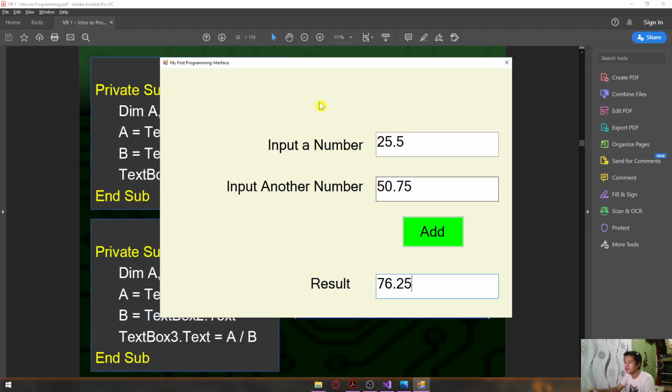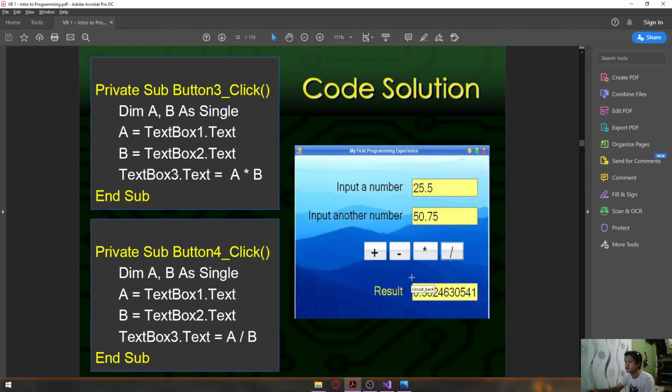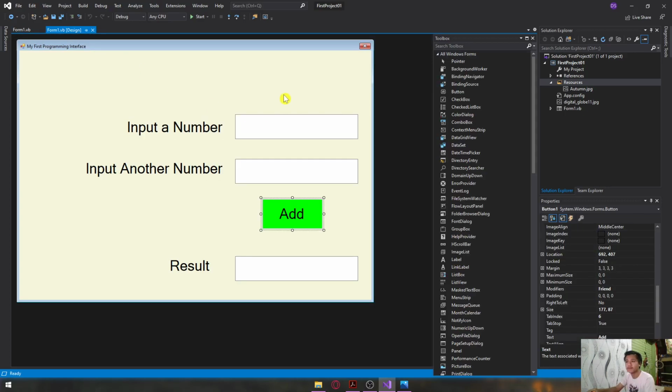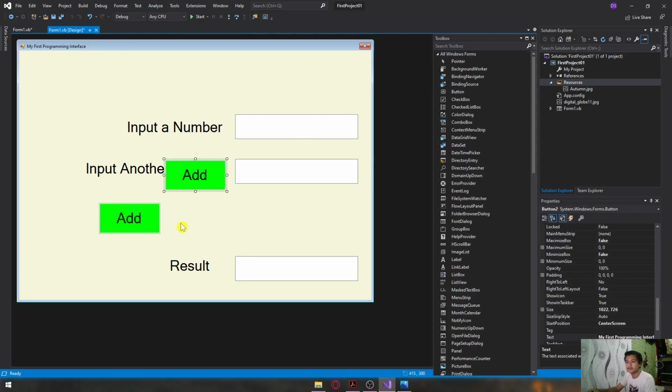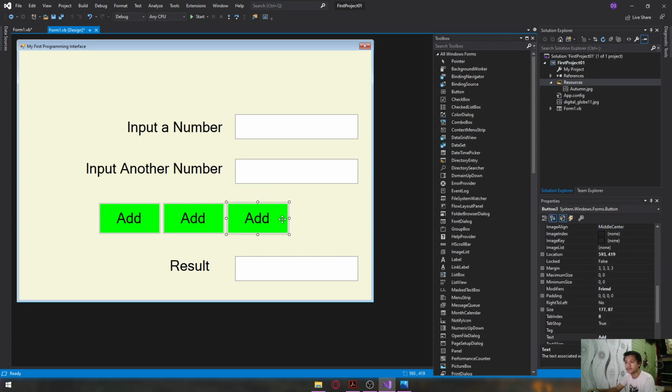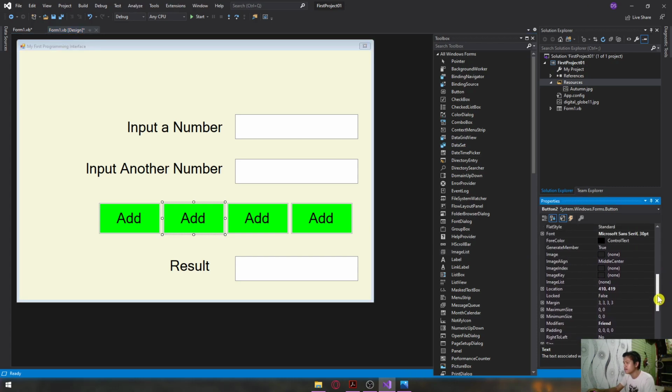Okay, so let's do that one. So I'll make it real quick. Close this one first. Let's go back to this one. So let's add 3 more buttons. There you go. Button 1, button 2, 3, 4. Here you go. So the second one